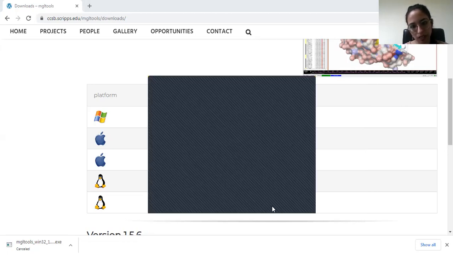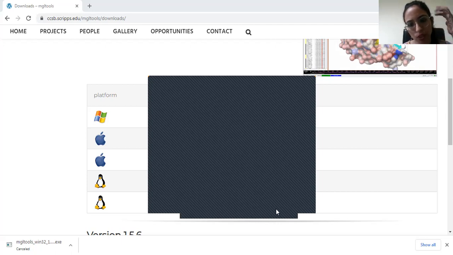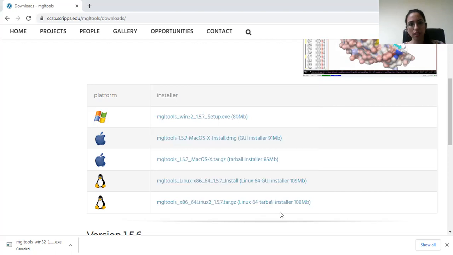Next, I need to accept this. Then the location is already defined, or you can choose Browse if you want to install the software into the D drive or the E drive. I just cancel it, since I have already installed it.